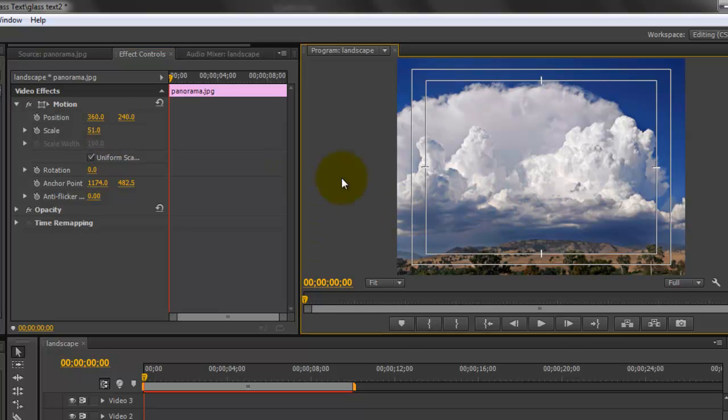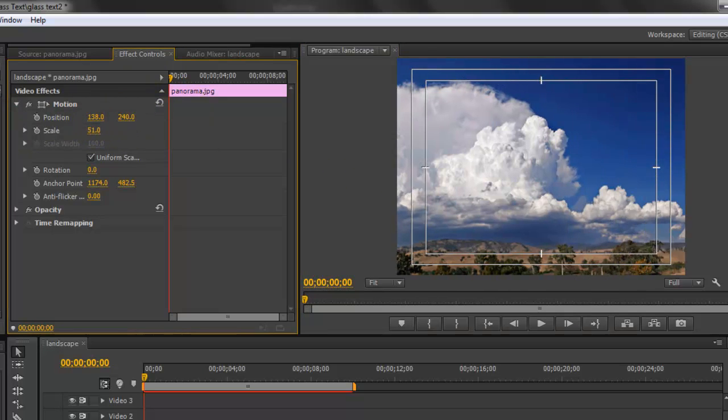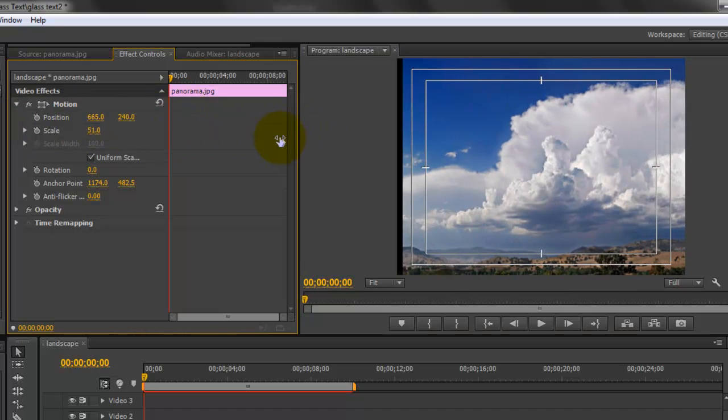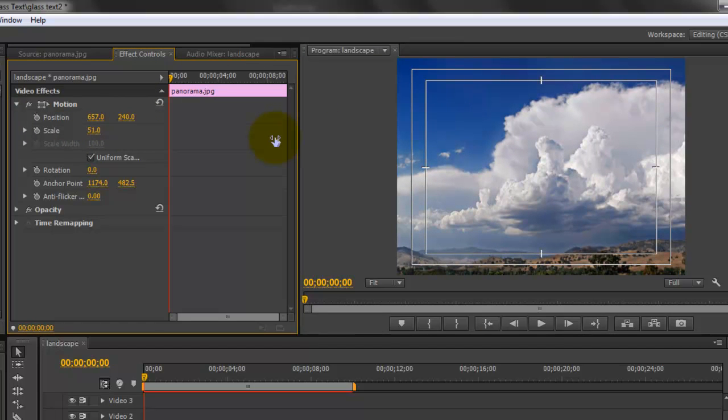Alright, I still want to see the whole thing, and of course, as you can see, I still don't have the entire image in, so I'm going to slide it over just so I'm looking at the very edge. Okay, so in my case I'm at 657, 240 and I'm scaled down to about 51%. Your numbers may vary. I'm going to set a keyframe for that